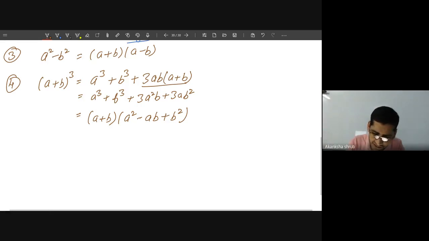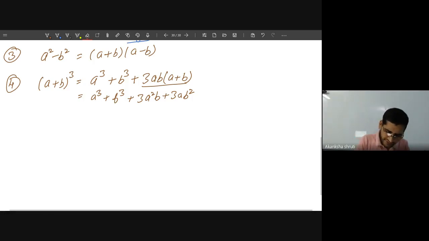Sorry, student, this is basically rearrangement. It is wrongly written, so no need to write this. That is a cube minus b cube, that I will write later. So miss, if we have it like this one, see,